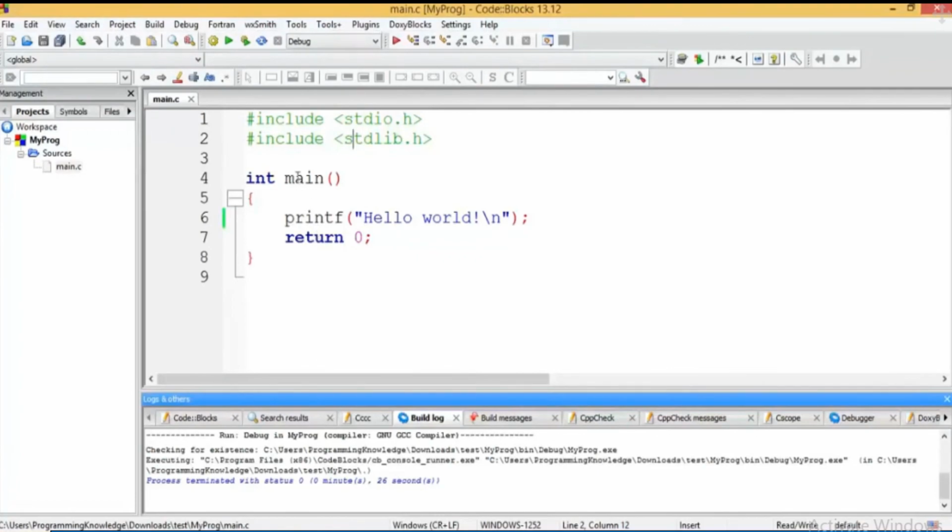Now if you want to build and run your program